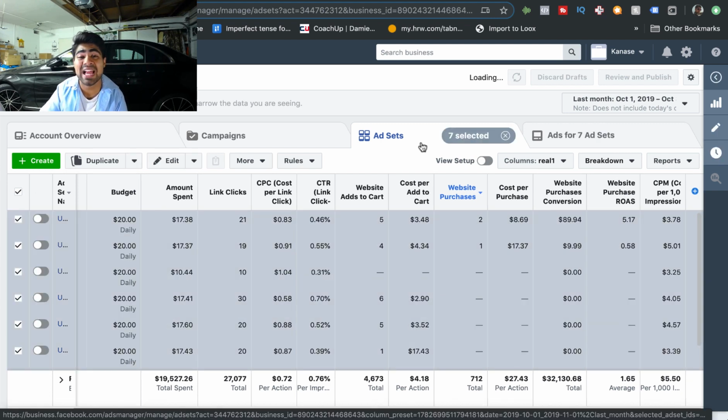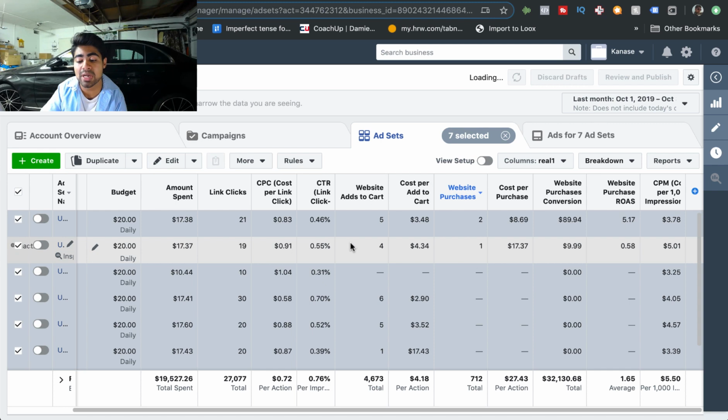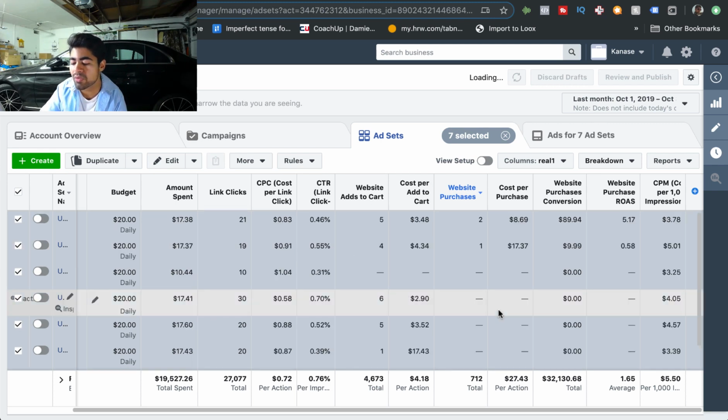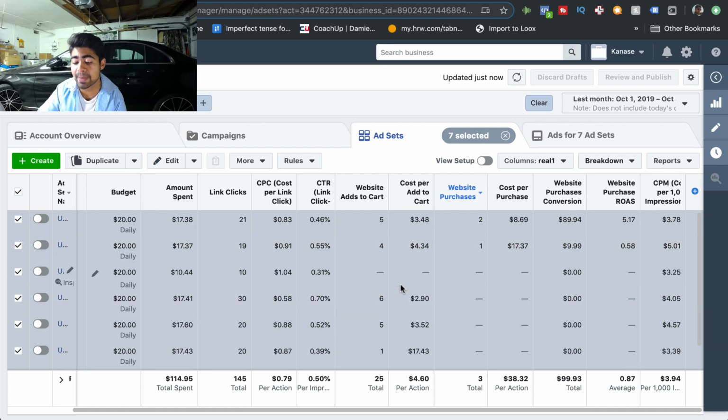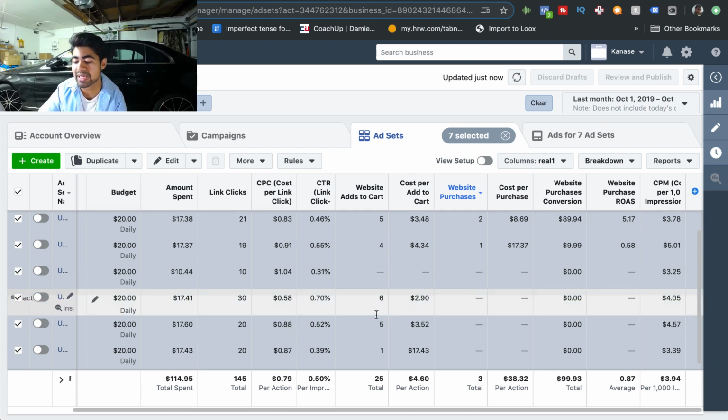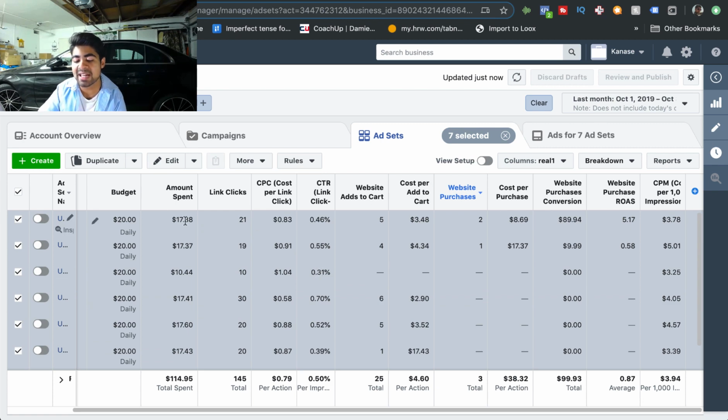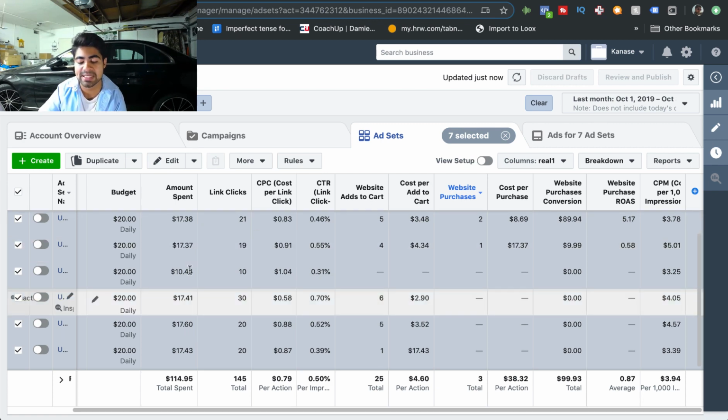So with these 7 ad sets, I was clearly able to establish that this specific product out of the other 2 was a winning product, and I'll show you guys exactly how. But as you can see, the ad set was actually unprofitable. If we look at just this specific campaign, before it was showing all of the last month's data, which was kind of inaccurate because Facebook doesn't measure every single conversion. But if we look at this specific campaign only, we can see that each ad set spent roughly $17, some spent $10,